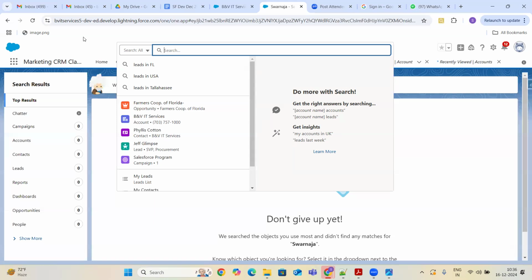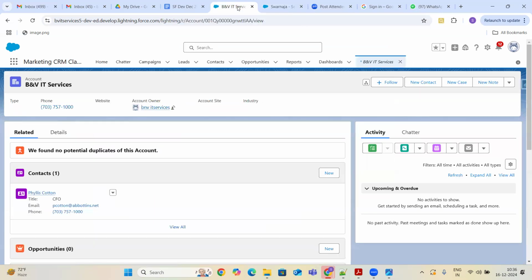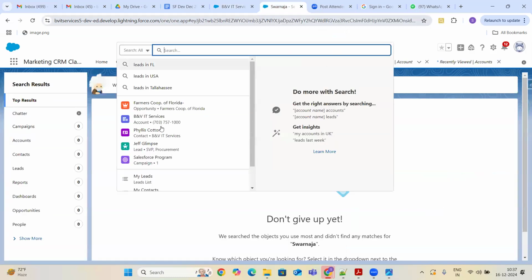That's all majorly about the marketing cloud, guys. With the conversion of the leads, marketing cloud ends. So as soon as BNB IT services starts, it has the contact, and it doesn't have the opportunities. With this, even Sales Cloud is not going to do anything because it has account and contact. Then again, as part of the next campaign, they will do the campaigns.